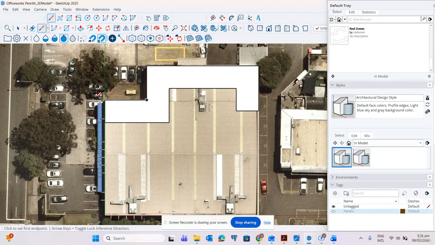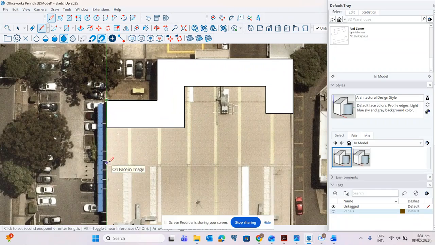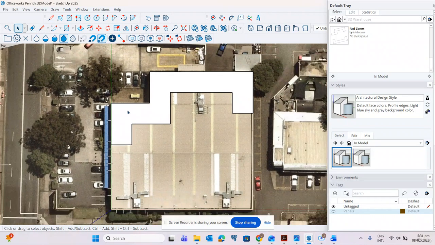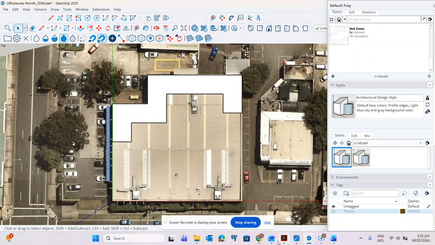So it should be 14 from here, 14 meters, and then 7. Well, remove this.